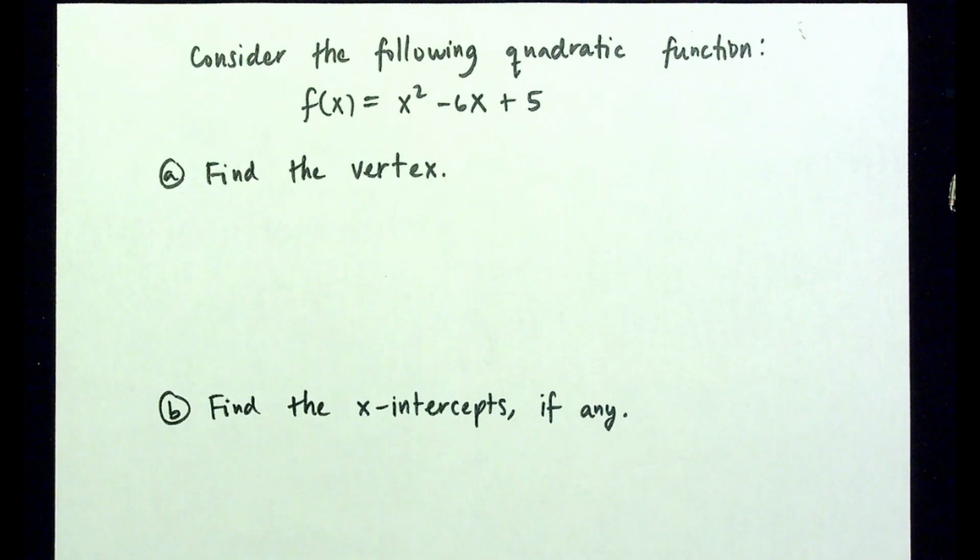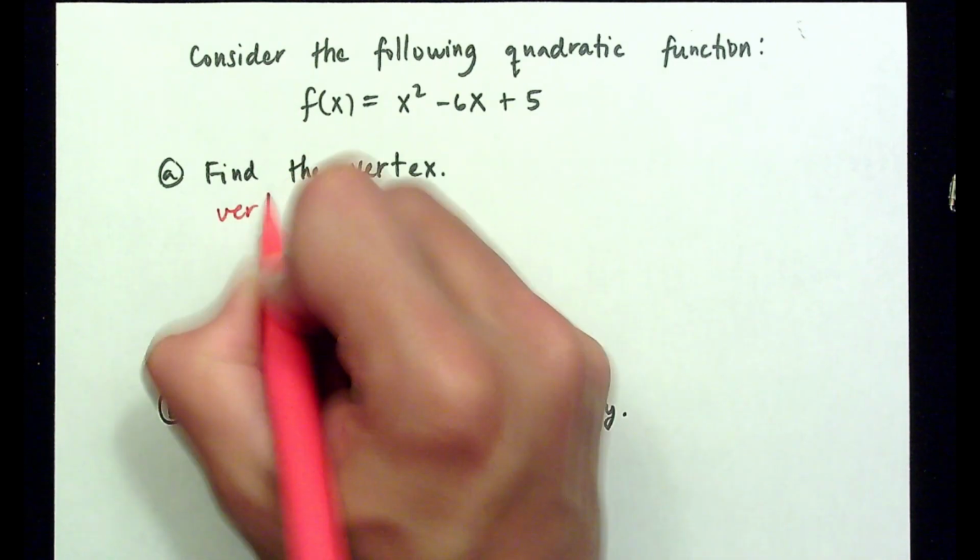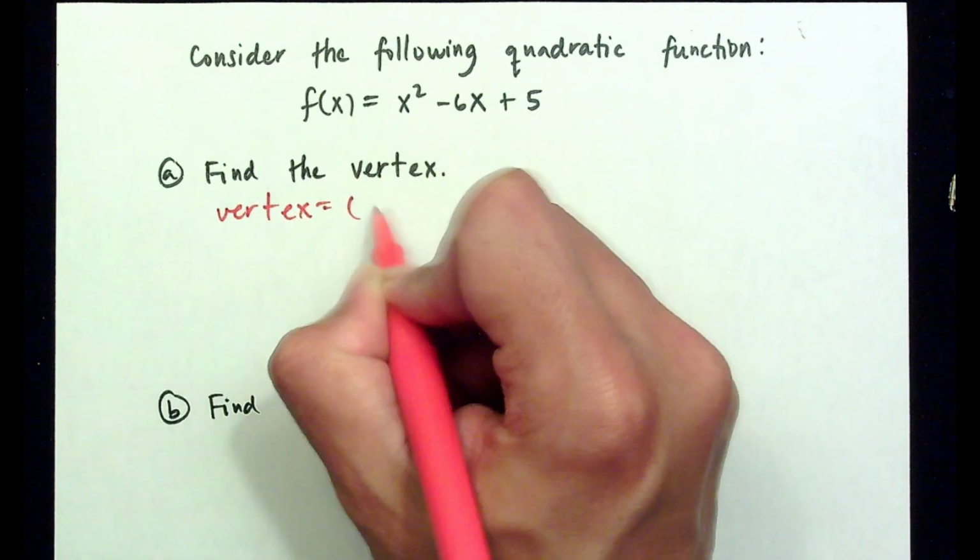A little review about parabolas or quadratic functions. Suppose you have this quadratic function, f of x equals x squared minus 6x plus 5. Find the vertex. For finding the vertex, you need to remember the formula for the vertex. The vertex is (h, k),